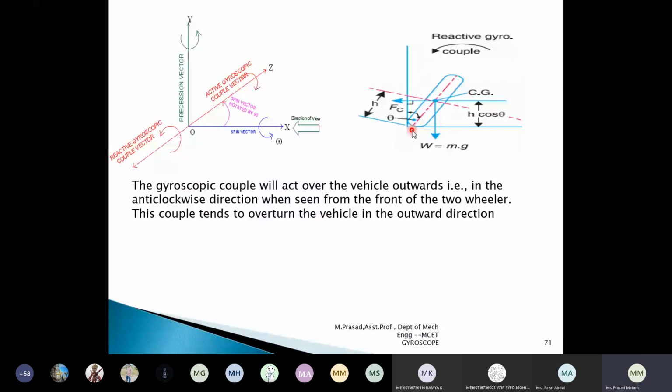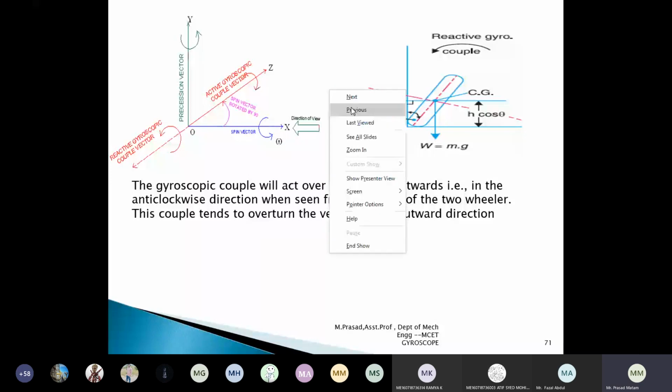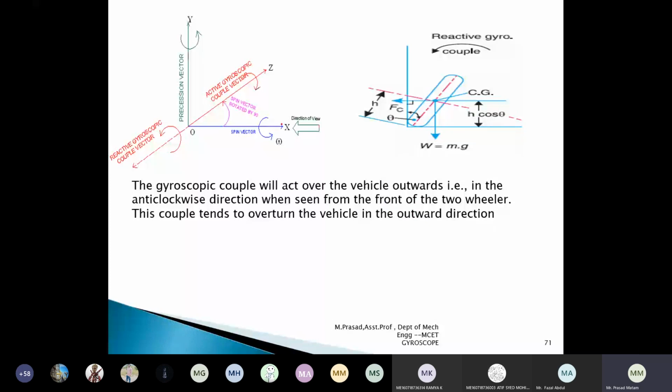Now the gyroscopic effect due to the centrifugal force we need to discuss. Now you can see here how we are getting the gyroscopic couple. With respect to the direction of U, this is a spin vector which is moving forward and it is taking a left turn. So when you are taking a left turn, where do you get the precession vector? Can anyone answer?